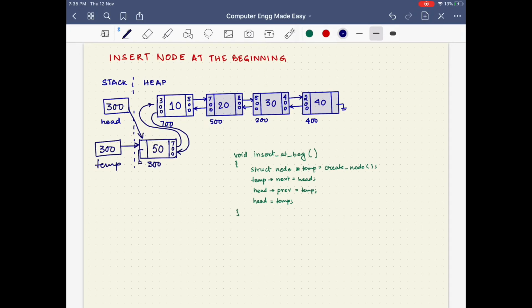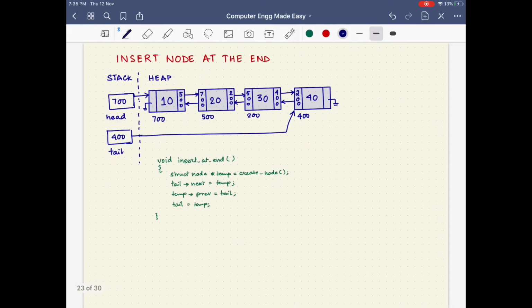Now that we have learned how to insert a node at the beginning of a list, let's move on to the insertion of a node at the end of a list. Just like insertion at the beginning, in case of insertion at end also, we are creating a node and we are storing the address of that node in the variable temp.